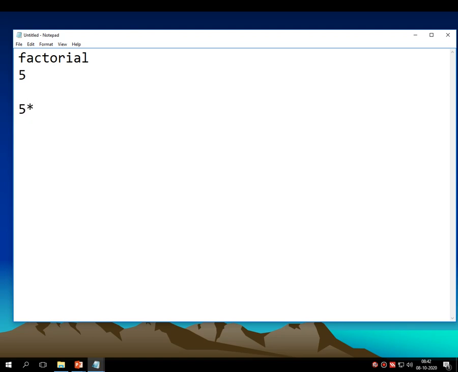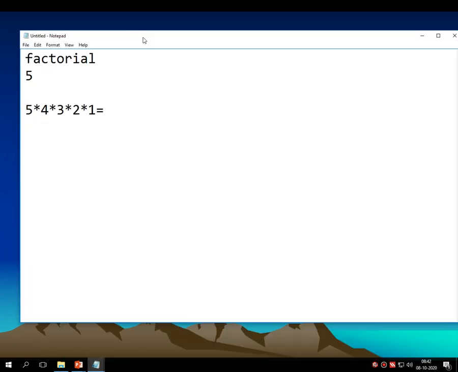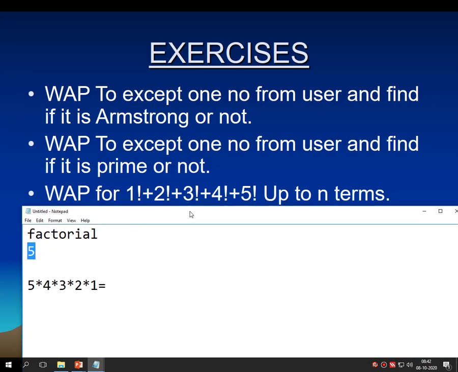That is 5 into 4 into 3 into 2 into 1. Whatever output comes onto the screen is the factorial of the number, right? So what I have to do for this particular program: 1 factorial plus 2 factorial, say for example, here I am just writing 1 2 3 4 5.